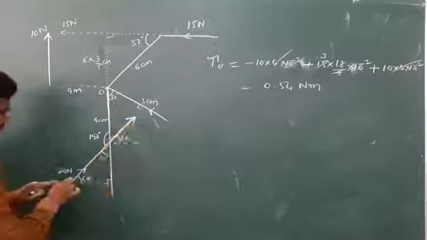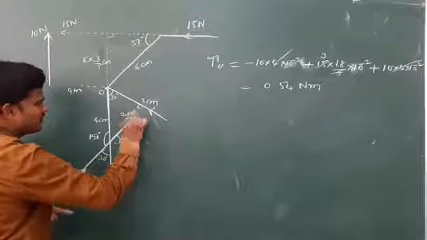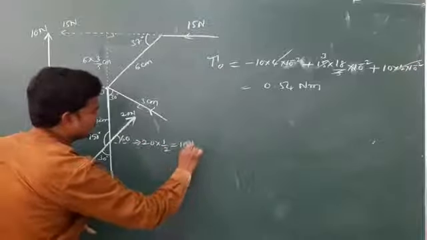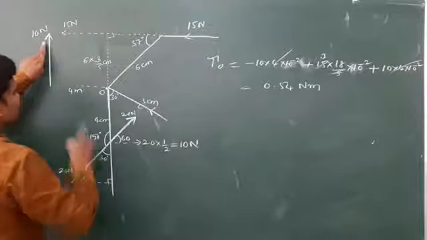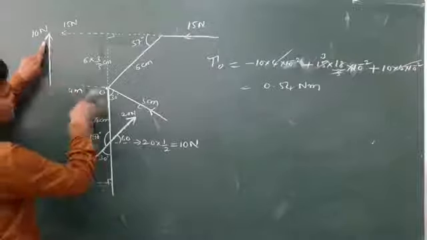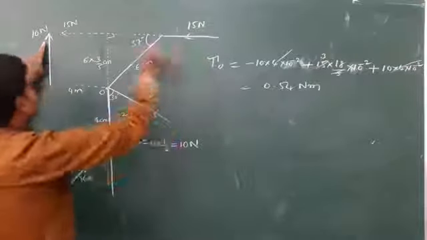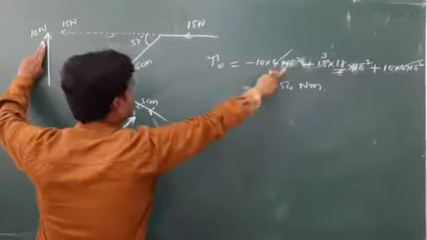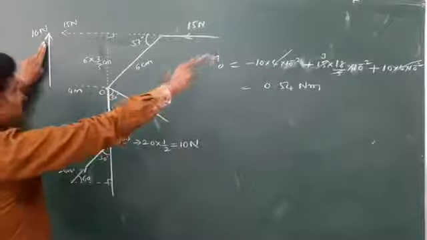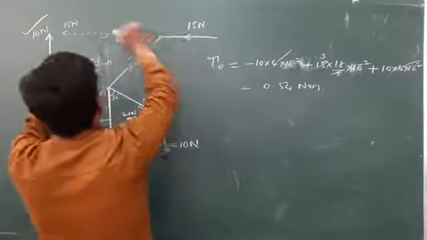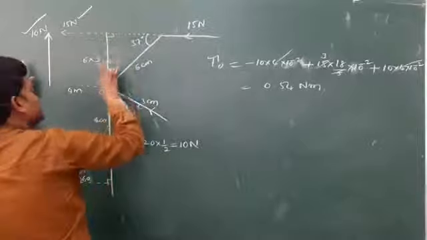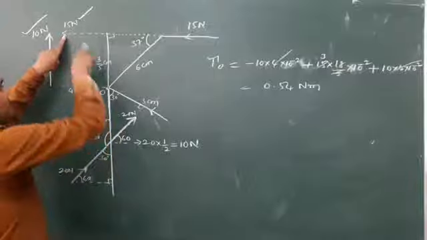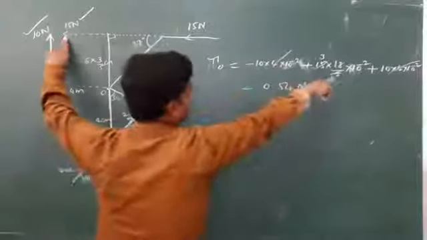And this force, 20 Newton, is acting in this direction. This is 20 cos 60. 20 cos 60 means what? 10 Newton. So this 10 Newton creates a torque about O, 10 into 4, and here I wrote minus because for this tip this is right side, minus 10 into 4, and centimeter I wrote as 10 raised to minus 2. This is completed. And this 15 is the perpendicular distance, and for this tip O is out of the board. 15 into 18 by 5.